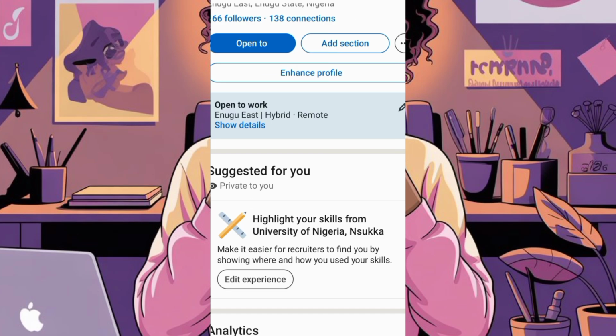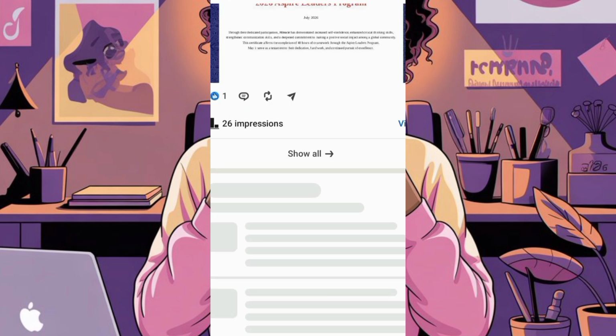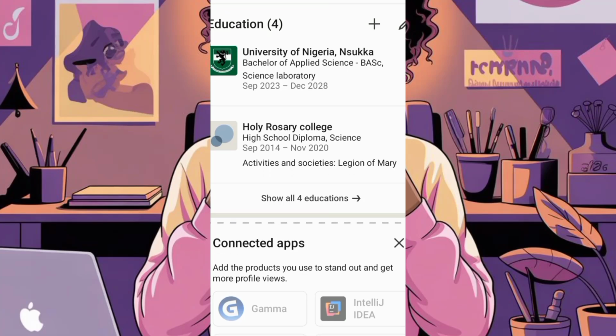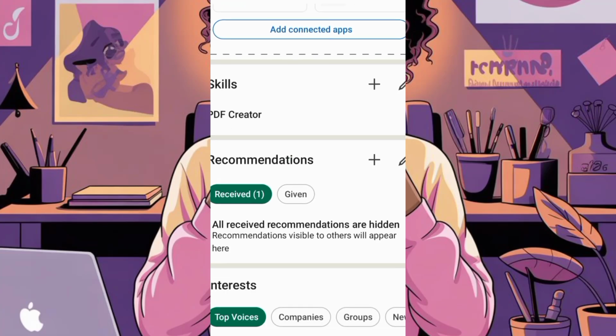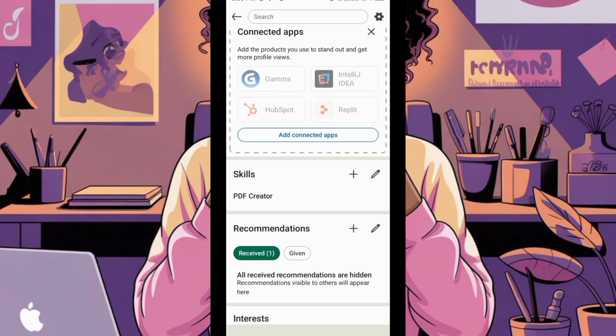So today I'm going to be teaching you how to edit your LinkedIn. LinkedIn is a platform for professionals, students that plan to go into the job market soon, even those that are already in the job market. So when you go to your LinkedIn,